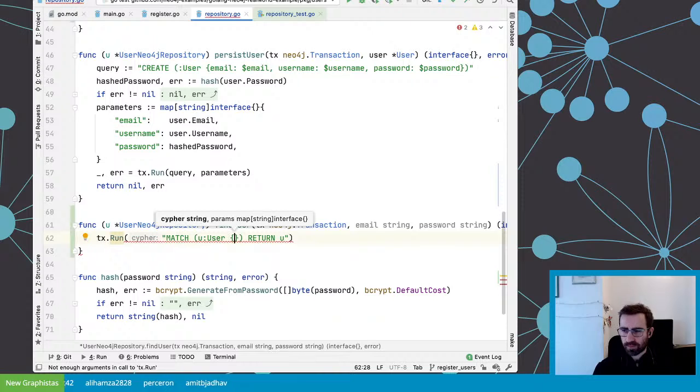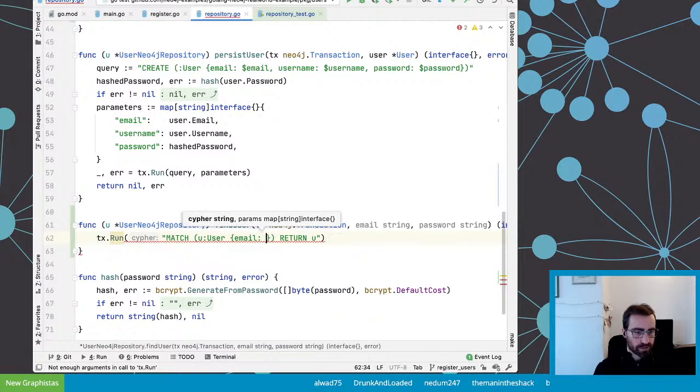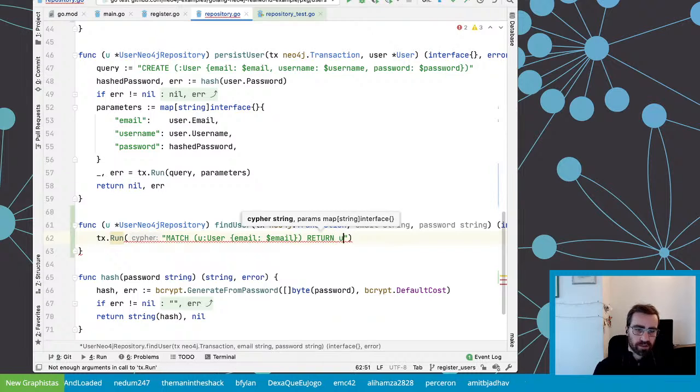Otherwise, it might be a bit complex because again, the encrypted strings might not be the same, but they might relate to the same password. And so I don't want to do that in Cypher. There might be a way, but right now my brain tells me no. So I'm just gonna keep it simple. I'm just gonna match by email and then afterwards make sure. And if the password doesn't match, I will just return nil.